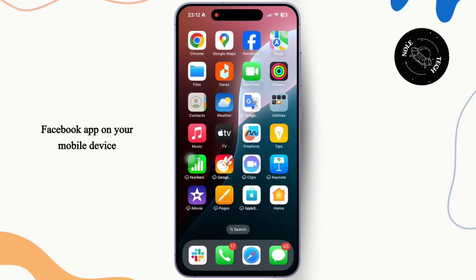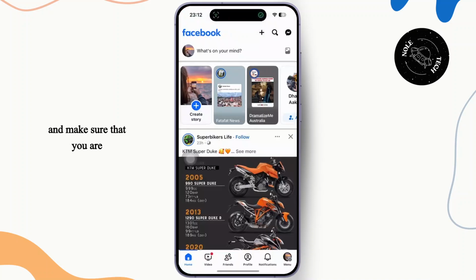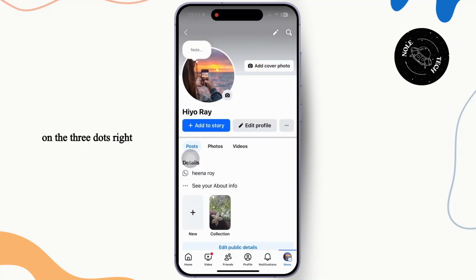First of all, open the Facebook app on your mobile device and make sure that you are logged into your Facebook account. Now, all you have to do is go to your Facebook profile. Tap on your profile picture at the top left corner of your screen and you will be navigated to your Facebook profile. Now, once in there, all you have to do is tap on the three dots right next to